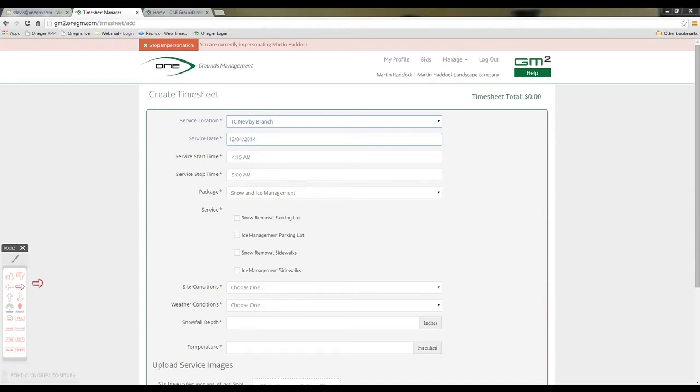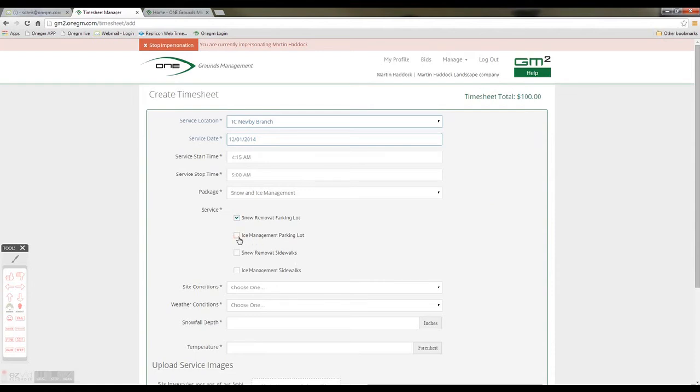You'll also notice up here at the top that there's a $0 amount for this particular timesheet. This number is going to change as you start to select these services. So for snow removal of the parking lot, let's say that there was 2.5 inches of snow there, so you needed a plow, so you select that in order to show that. And you'll notice that that amount now has changed to $100. That's the amount that we've tested. It's an easy number to work with, so we put that in there,